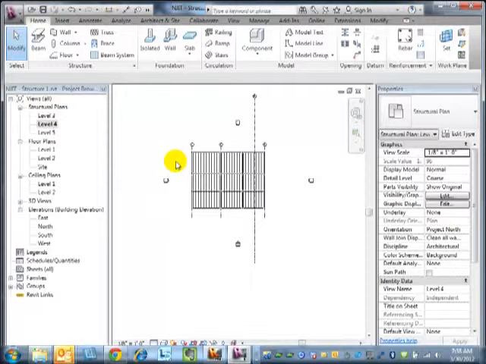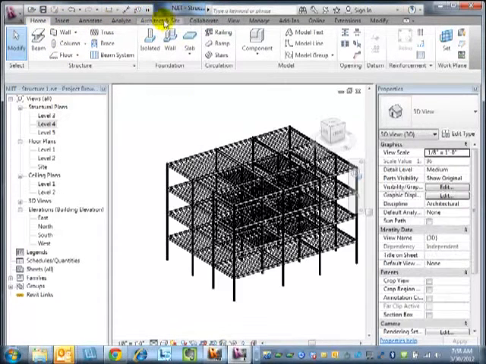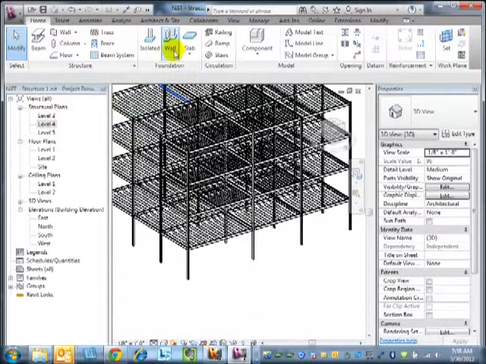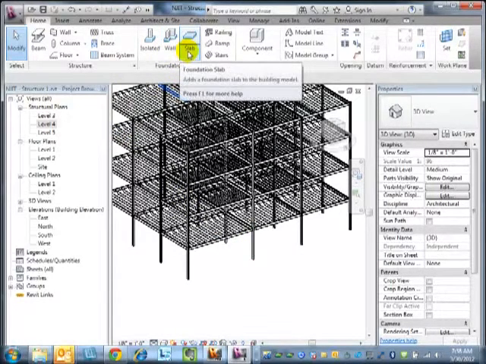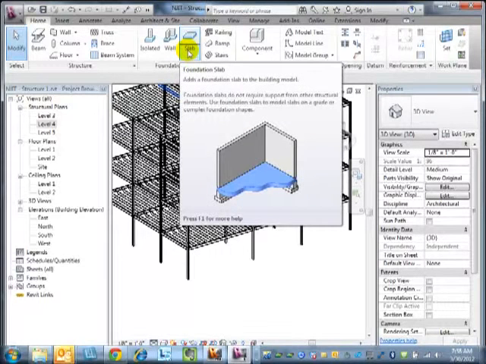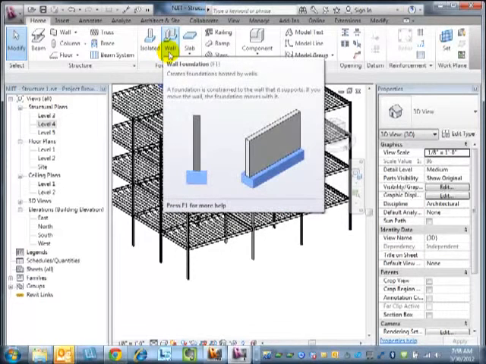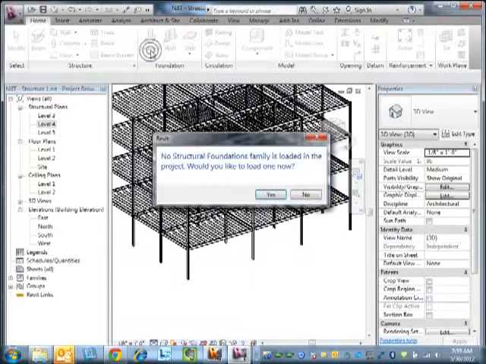Okay, so you got the basics in terms of putting a structure together. Let me put a little foundation work underneath it. If you want to put in slab foundations for the entire slab, that'll be very much like a floor, but it'll be understood to have the structural properties. Wall foundations would be like a footing that's going to go under an entire strip of wall, where we choose a profile and draw a line, and it'll put it along that profile. Isolated footings are the ones,